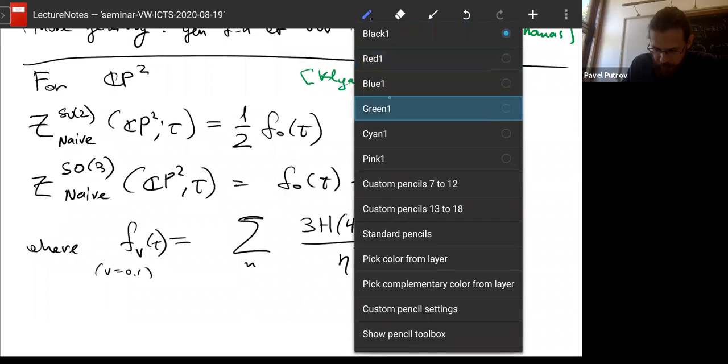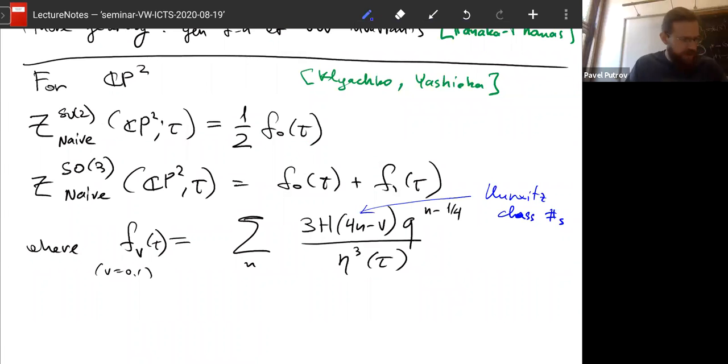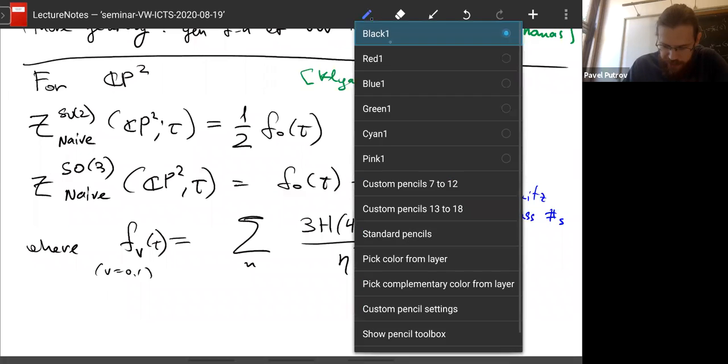Where H here are what is called Hurwitz class numbers. The precise definition of these numbers is not really important for us, but there are some known numbers. And so what happens if we try to use this naive form